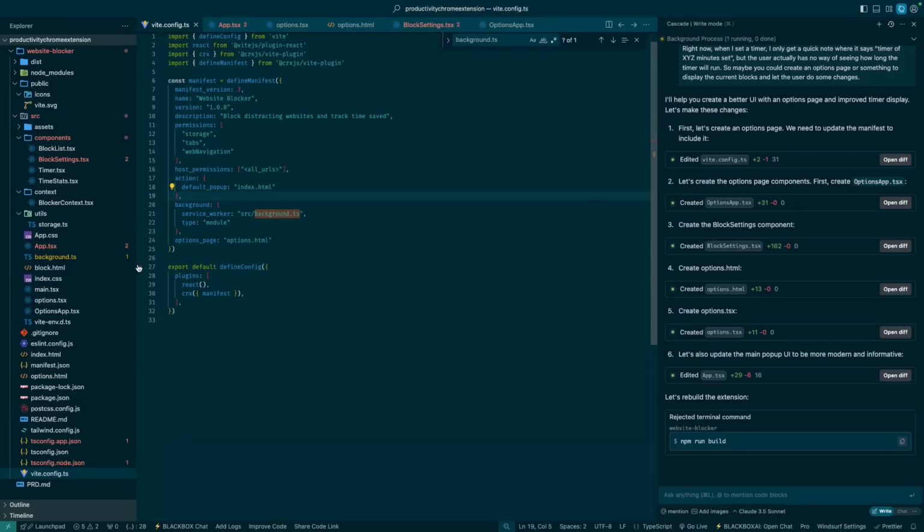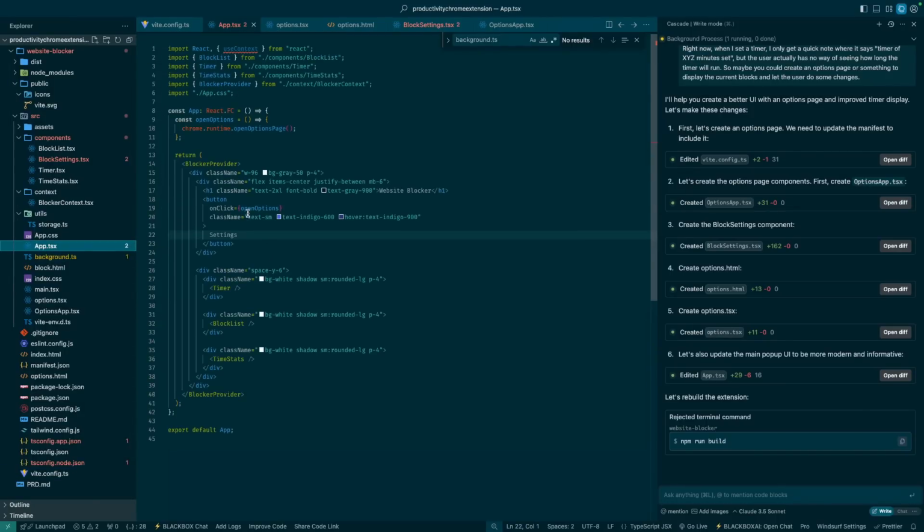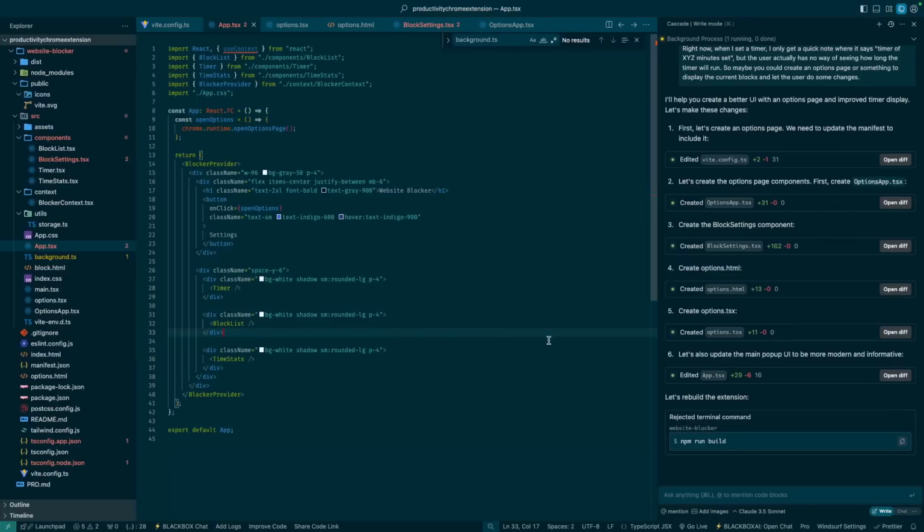Okay. So if we have a look at app.tsx, it should work because we added the open options function to the button. So let me quickly check if the block feature is still working. So we'll do 1 minute. So I still can't access this, but we'll head over to Windsurf once more and say,